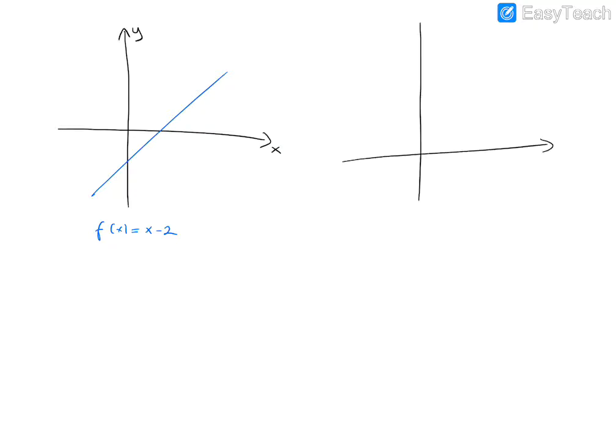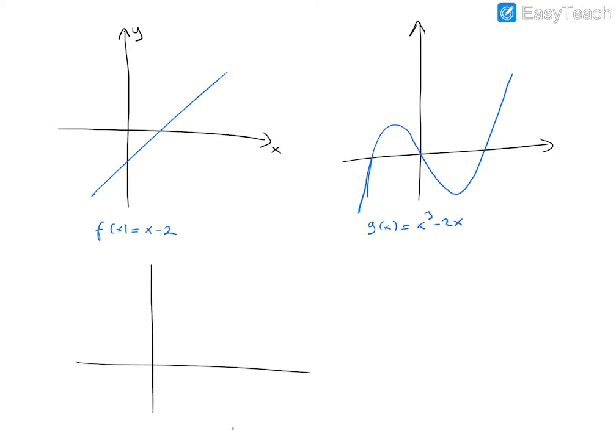And another example: g of x equals x cubed minus 2x. Actually, it's symmetric, but here it is not seen. Anyway, it is almost correct. We can give several examples without writing the function. This is also a graph of some polynomial. We will discuss all the details, and also the square function. This is also a polynomial, and you can find some more examples in your textbook.